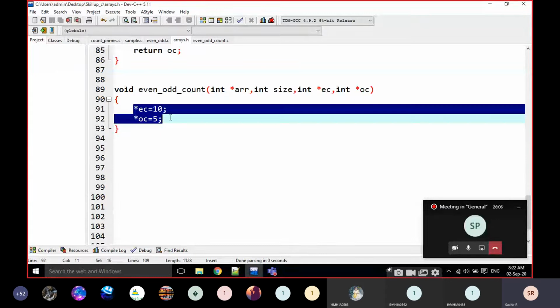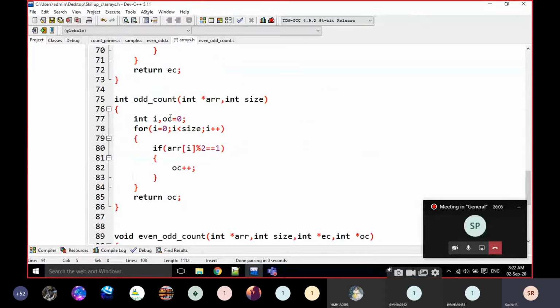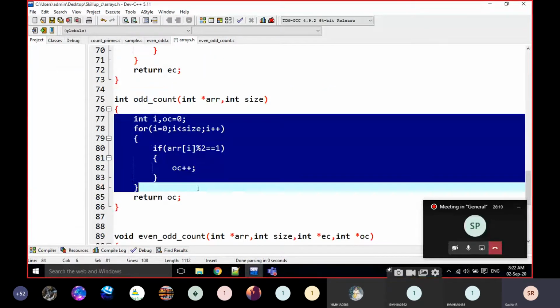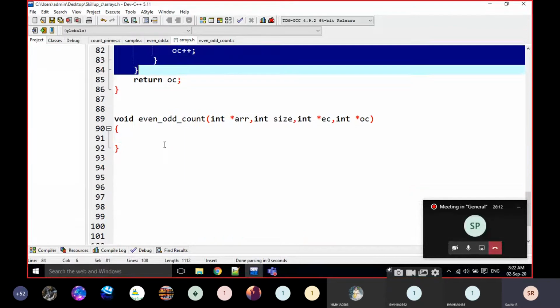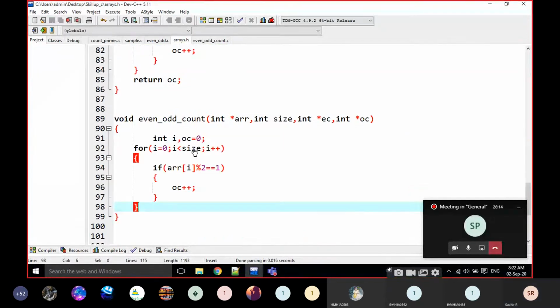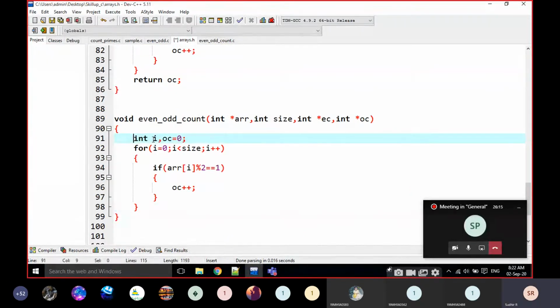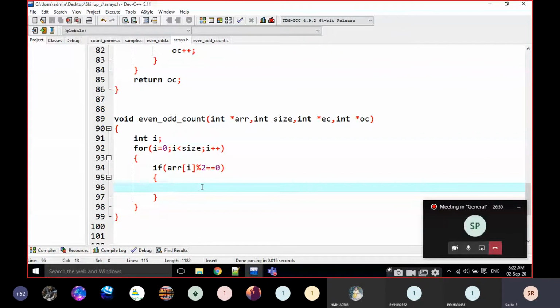Now I am going to develop the logic here. I am going to take one i only. If it is 0, that means it is an even one, star ec plus plus.